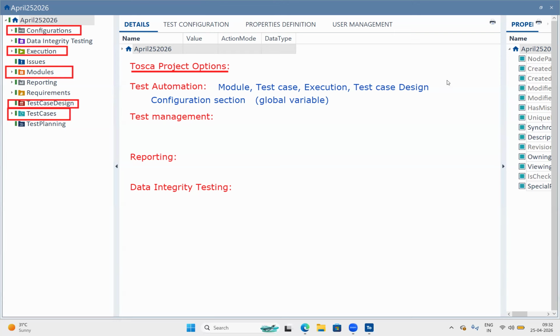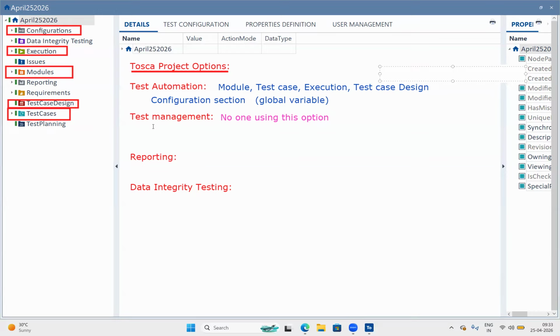So coming to the second category, test management, I can say directly it is not recommended. Simply put, no one is using this option. Because the companies or projects are already committed to test management tools like either Jira or Azure DevOps. Depending upon their project specification, they choose any one of these. But right now, from the Tosca point of view, no one is utilizing this. But I'll tell you what sections belong to this particular option.